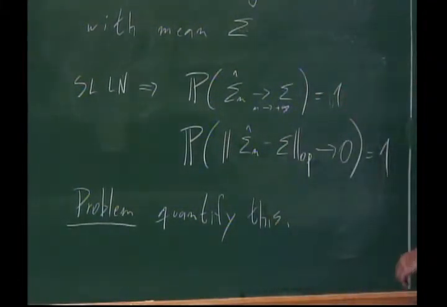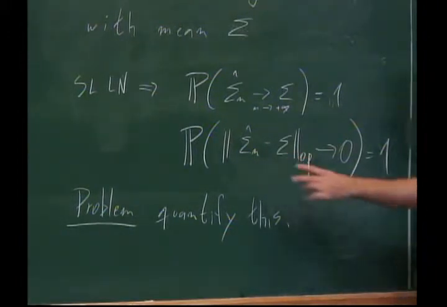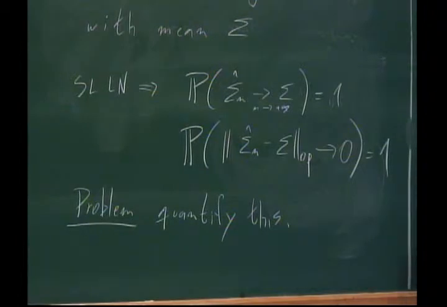Meaning, given a finite n, what's the probability that this norm is larger than epsilon, for instance? And how does it decay with n? Does it decay fast or slow, or what happens, right? And why do we care about this problem? Well, there are many reasons. One of them, as I said, is that covariance matrices are important in themselves. But let me give you another motivation, which comes from something very old and very important in practice, which is